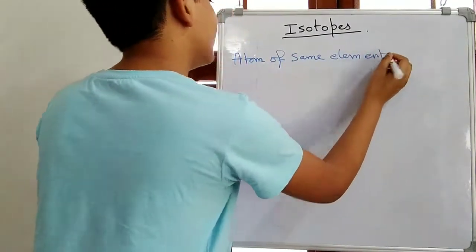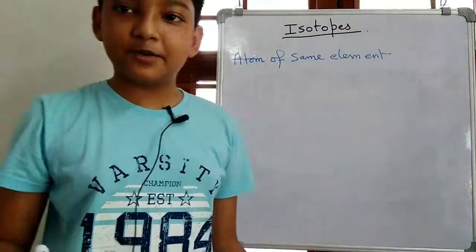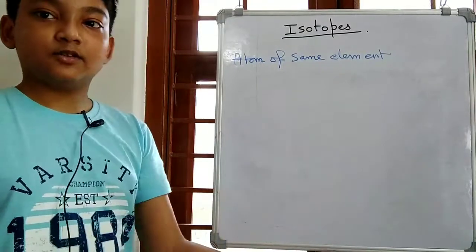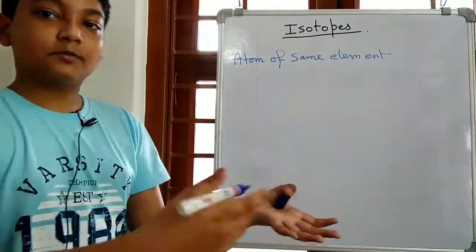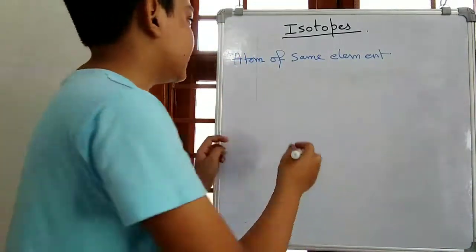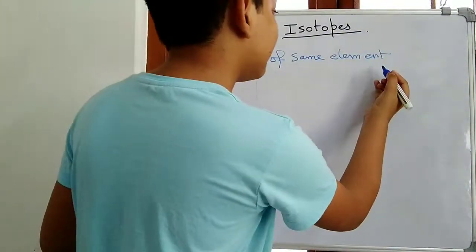What is an element? The elements that we see in the periodic table, like oxygen, gold, aluminum, magnesium, zinc, iron, anything that we see there is an element. So atoms of the same element